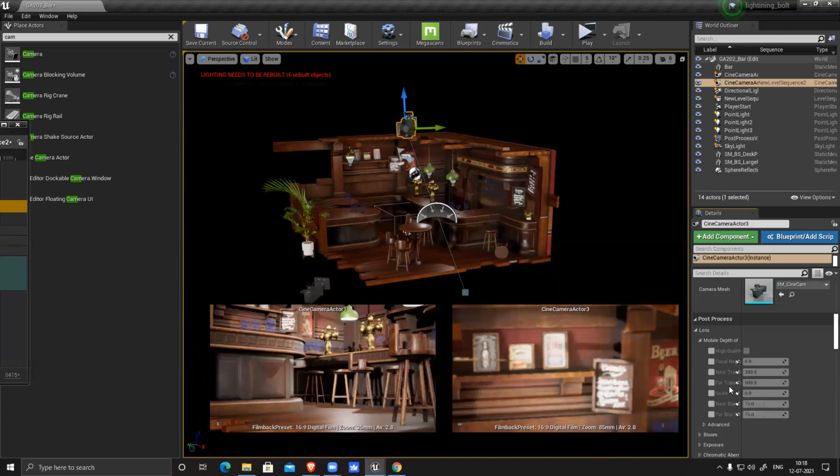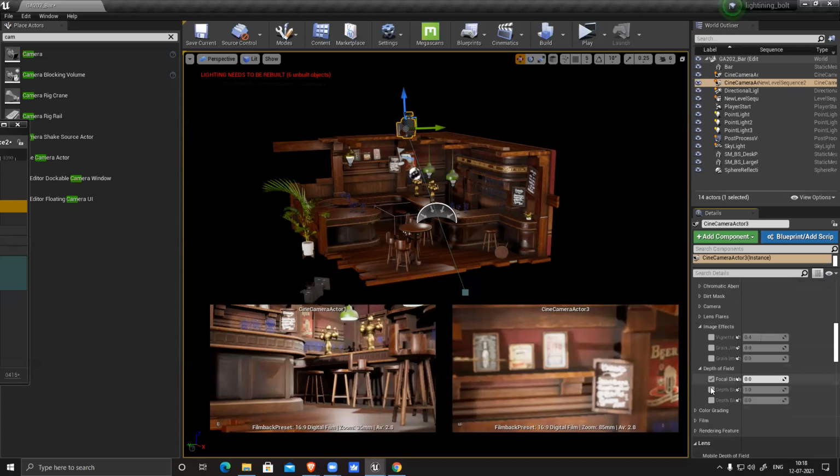Depth of field, I can see this depth of field near, far blur. So I have all this depth of field.